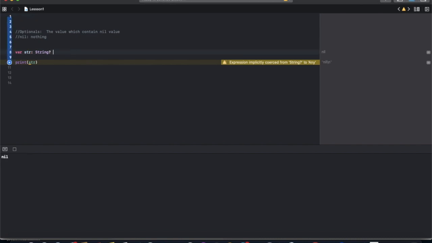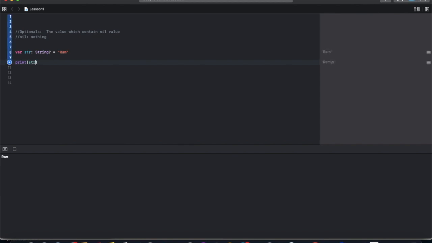If it has any value, like something called Ram, now we print it. It shows Optional value Ram, because it's an optional type. It has a value, but we call it optional. To unwrap this optional and extract the value from it, we use an exclamation mark. It's called force unwrapping. So it prints Ram.